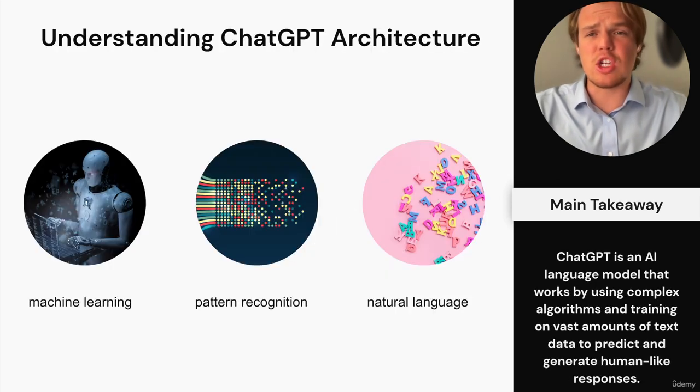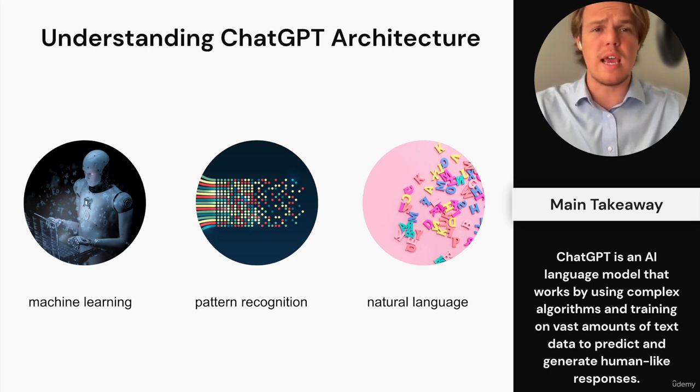Jumping into the next section here, which is going to be understanding ChatGPT and its architecture. First, understand that it does machine learning. What that means for us is that over time, ChatGPT will come with better and better models because it'll be able to understand previous outputs and what was effective based off user engagement. You know, that little check mark or the little thumbs up, thumbs down, they take that into account when pushing different models out. And as we see with future models, we're going to be able to get way more comprehensive answers like we saw with GPT-4.